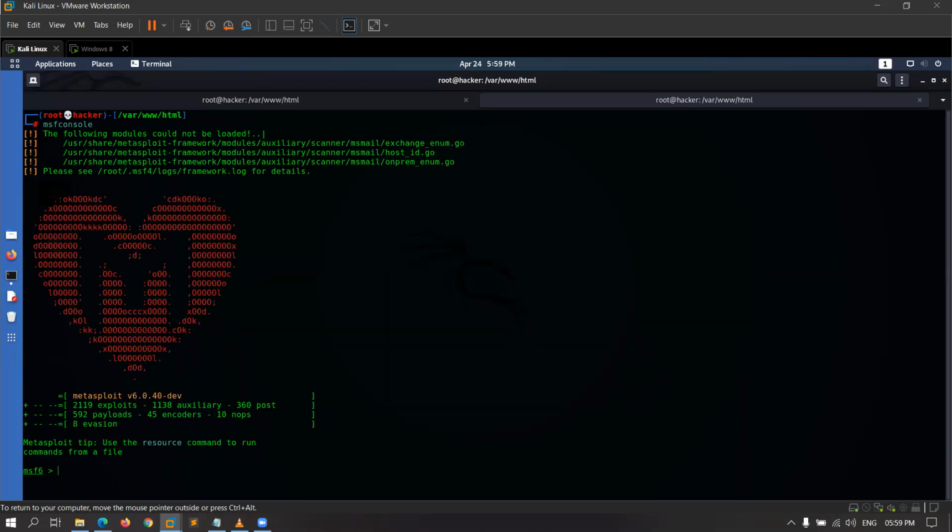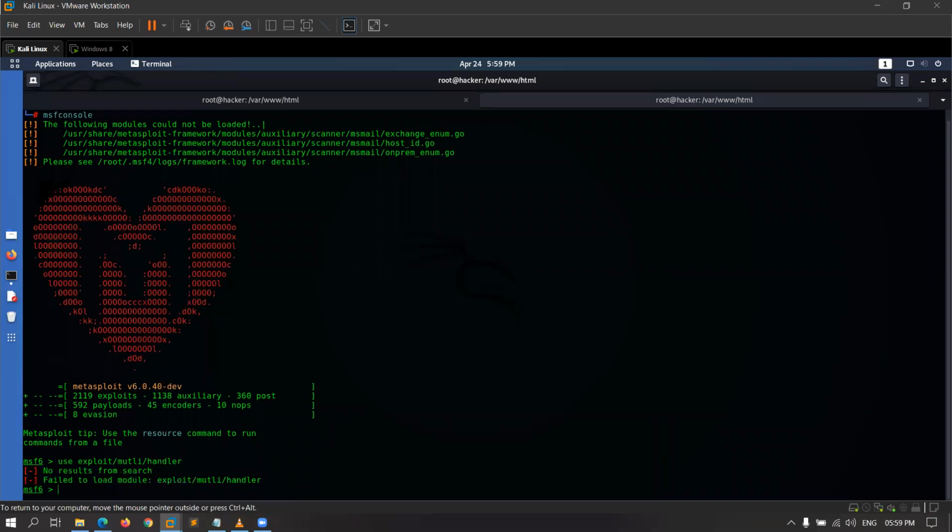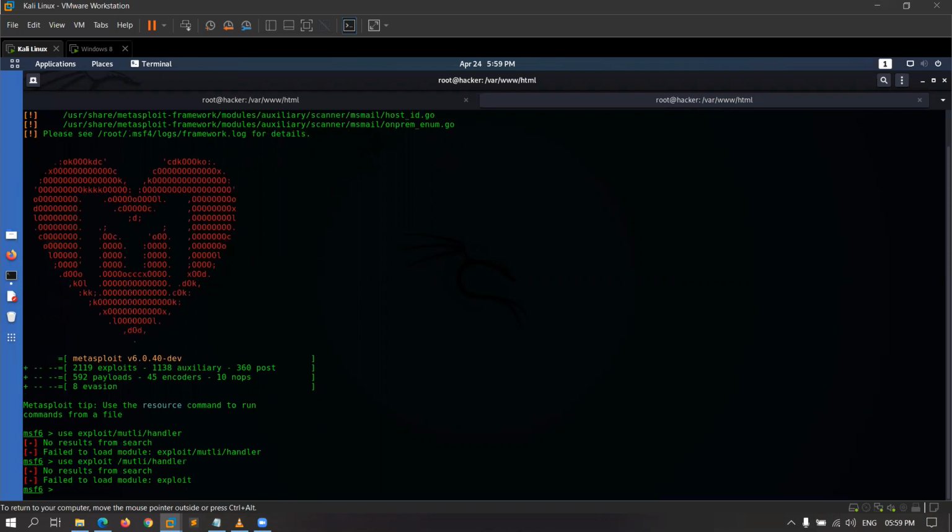Here you have to use exploit multi/handler. Failed to load module. Okay, use exploit multi/handler.